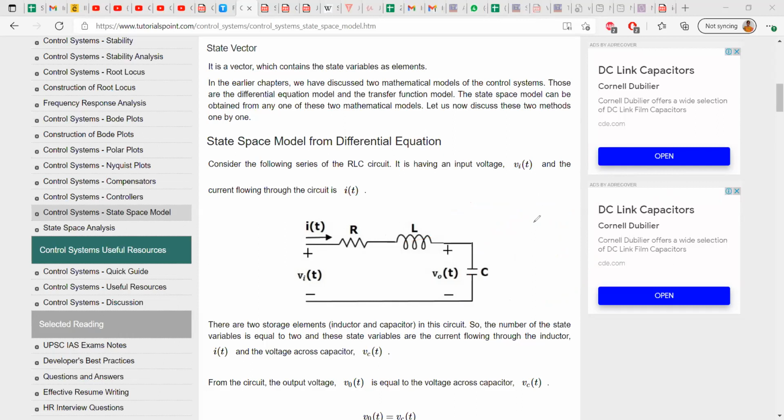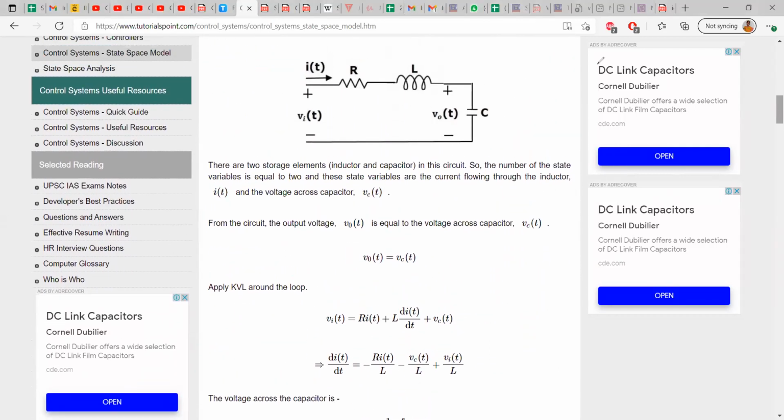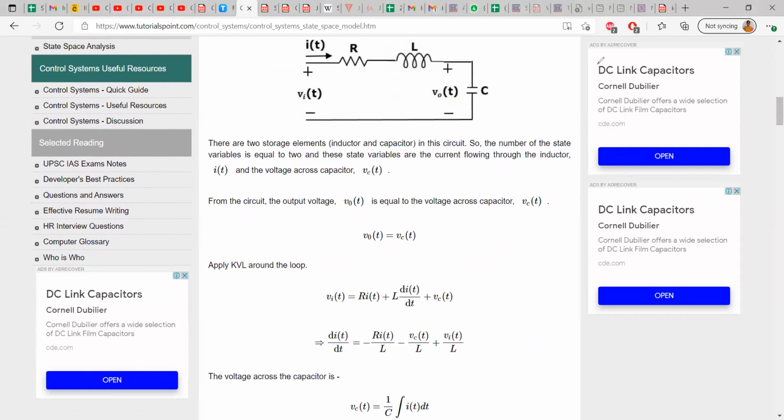Okay, now it's time to apply KVL for this circuit. If you apply the KVL for this circuit,